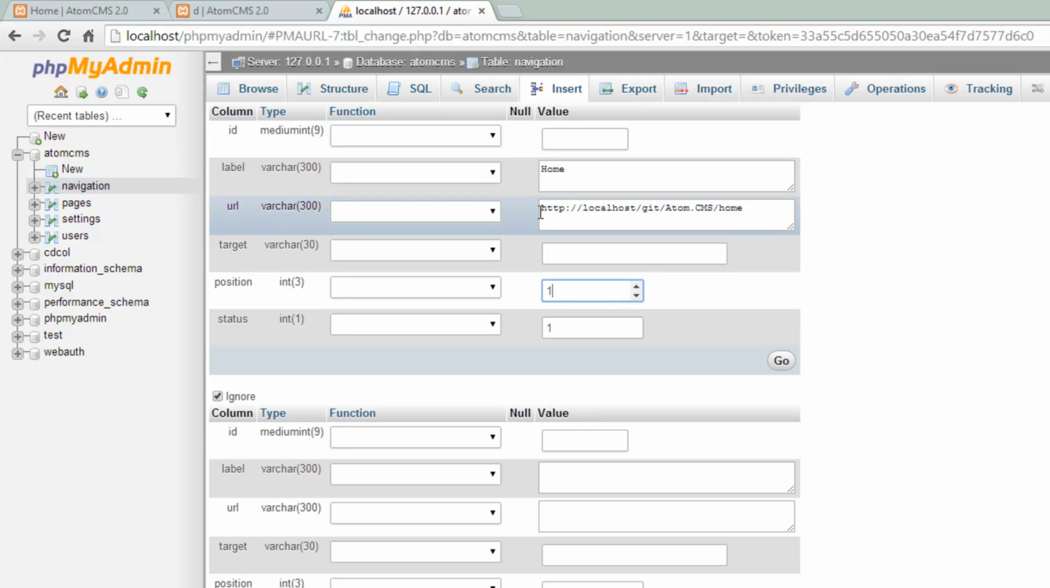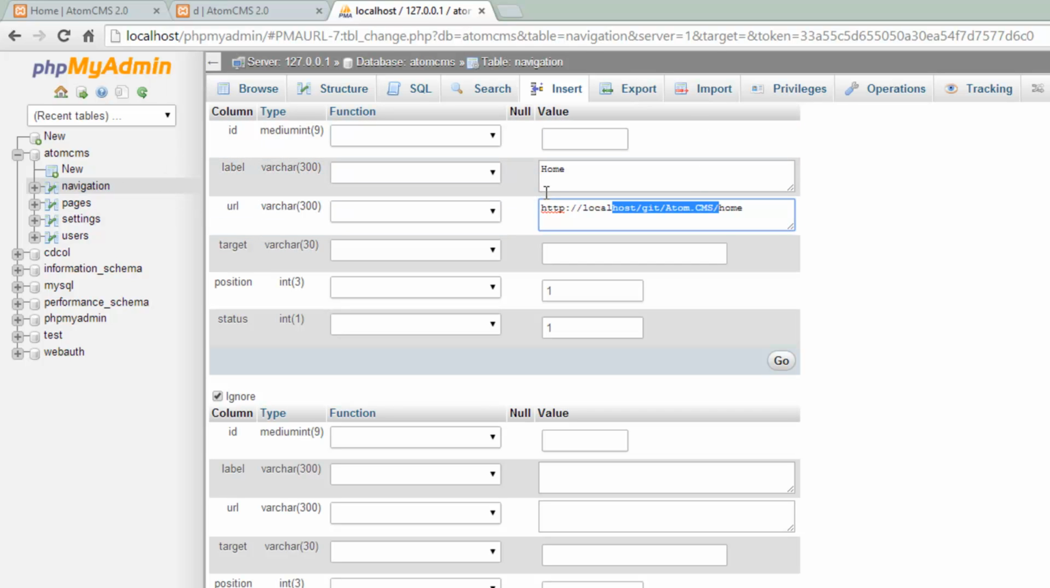Now the URL and how we're doing this will change eventually as we continue to work on this. We're going to want to give it some options. We're going to want to be able to either put in a full URL like this, or simply link to a page that's in the database already. And in which case we wouldn't want to put this full URL, because